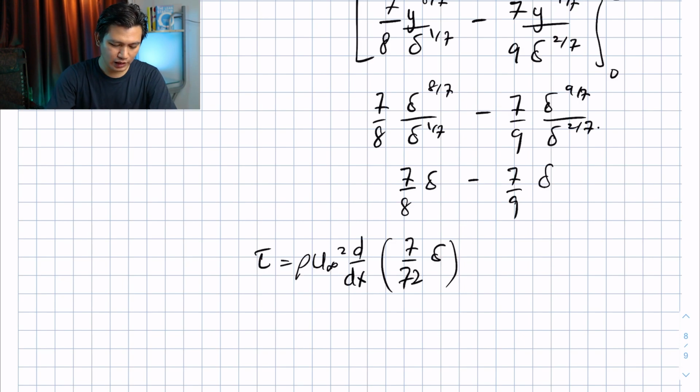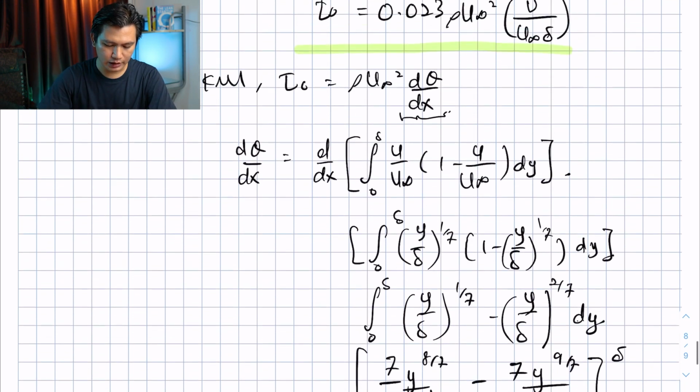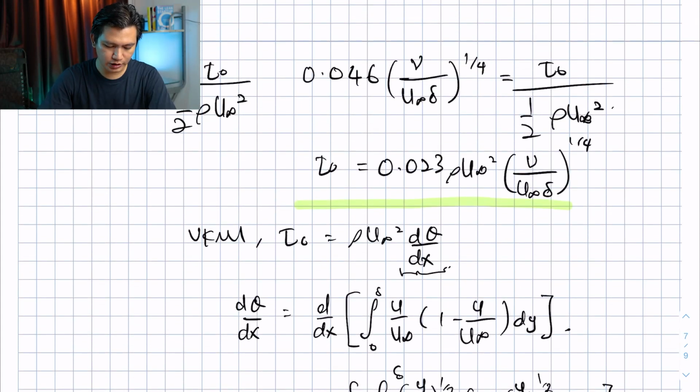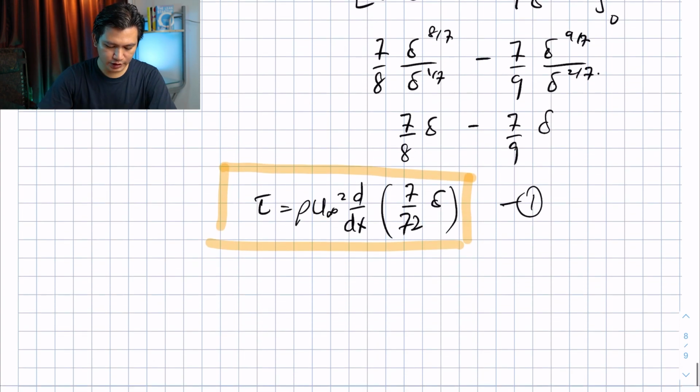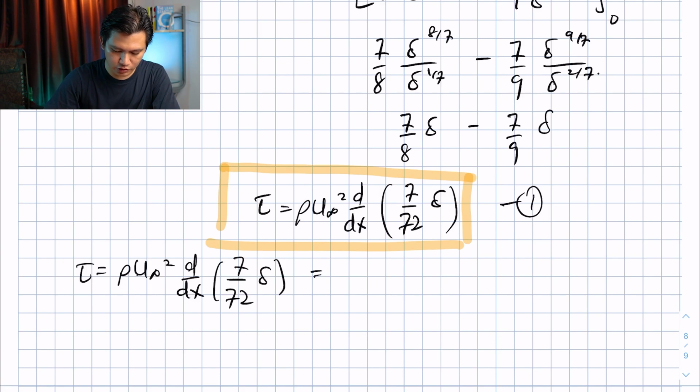So now we have solved for tau. And we get here tau using von Karman momentum integral. Okay, and this is our equation number 1. And this is going to be our equation number 2. Alright, so quite simply, tau is equal to rho u infinity square d over dx, this is 7 over 72 del. Is also equal to our equation number 2, that is